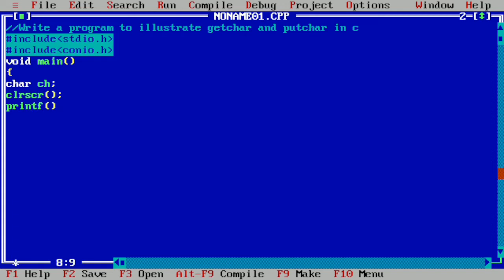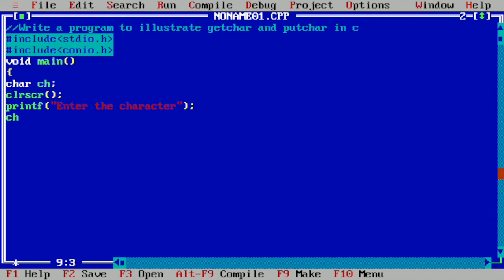Next we'll write the printf statement so that the end user must be able to input some value. So here we are going to ask the user to enter the character. A character is any single letter, special symbol or digit which is enclosed within a single pair of quotation marks, and is called a character constant.